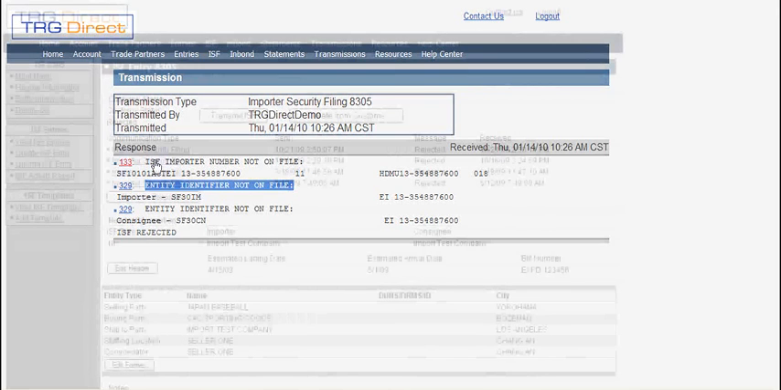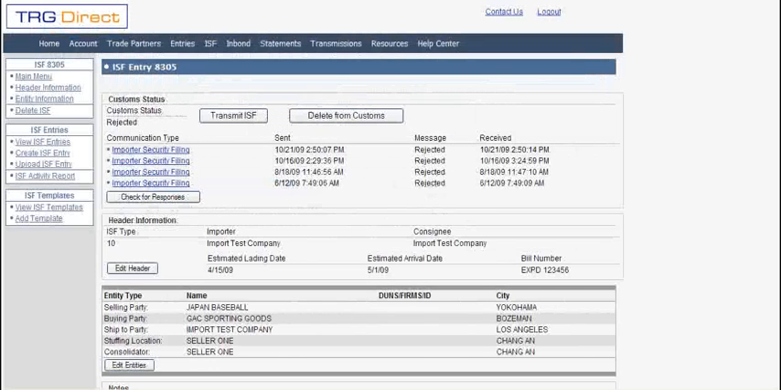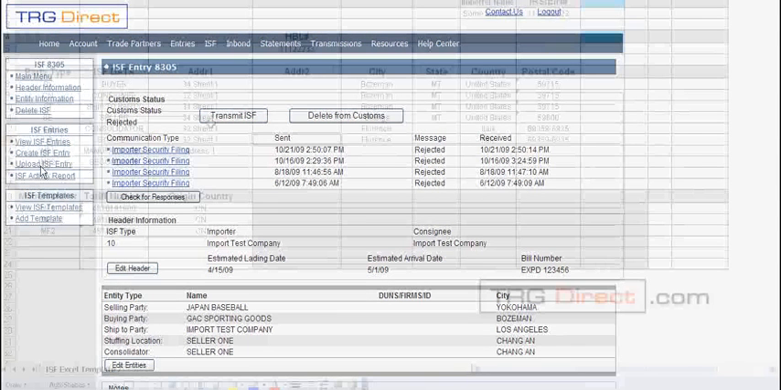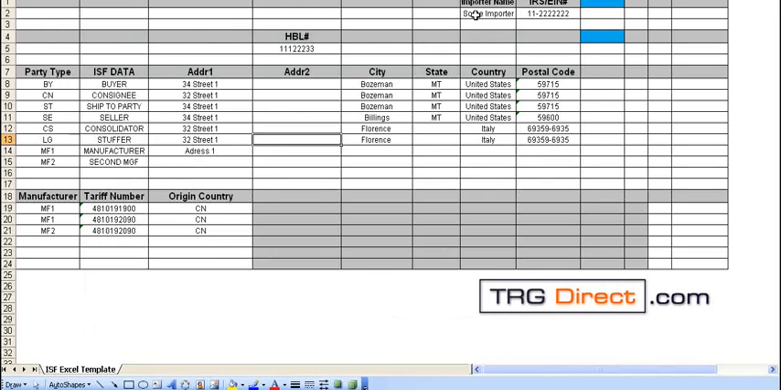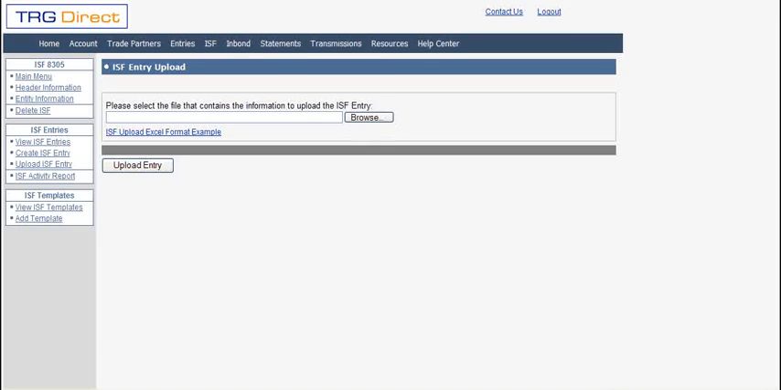The third way to file an ISF is probably actually the quickest. We actually have an Excel spreadsheet that looks like this. All you need to do is input all of the 10 data elements into the spreadsheet. For example, importer name here. You will then indicate the party type here, put in the name, address, city, country, etc., all the information that the ISF requires, as well as the tariff numbers. Once you save it,